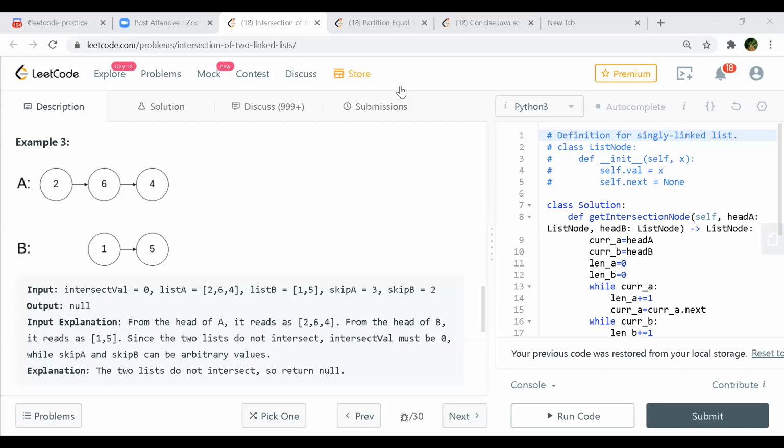If it is covering more than m plus n length, then we can say that the lists are parallel, right? Instead of saying m plus n, we can initially tell that if the initial pointer is again becoming the initial pointer, then return false. Returns a null pointer. Yeah, because when you come to the breaking point, you will compare the two values, right? So it will be null at the end. Both will be null at the end, right?